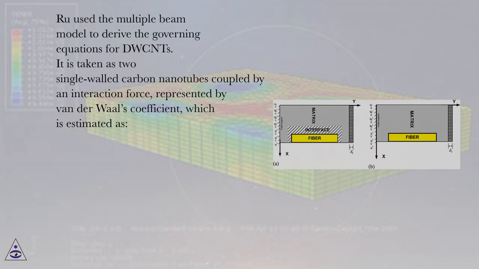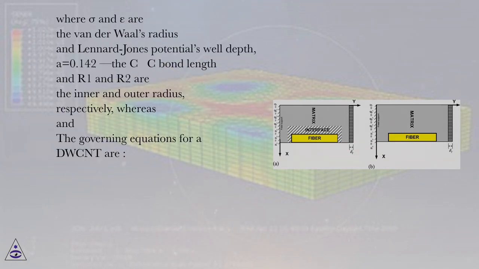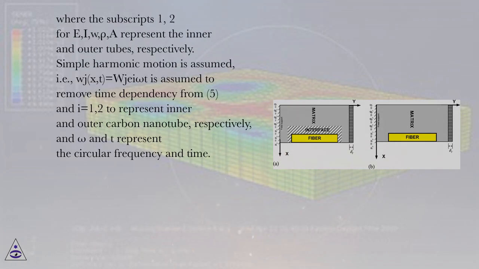Roux used the multiple beam model to derive the governing equations for DWCNTs. It is taken as two single-walled carbon nanotubes coupled by an interaction force, represented by van der Waals coefficient, which is estimated as where sigma and epsilon are the van der Waals radius and Lennard-Jones potential well depth, a equals 0.142, the CC bond length, and R1 and R2 are the inner and outer radius, respectively, and the governing equations for a DWCNT are where the subscripts 1, 2 for E, I, A, ρ represent the inner and outer tubes,